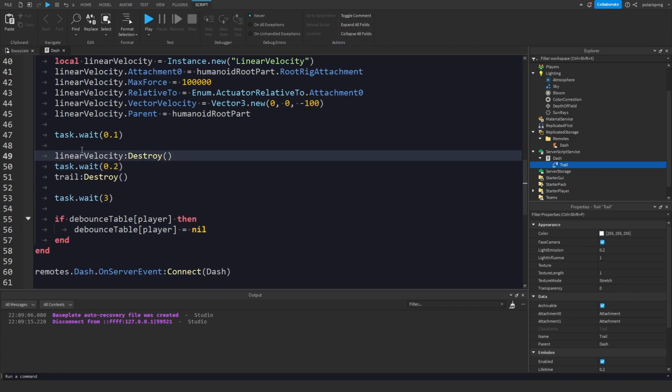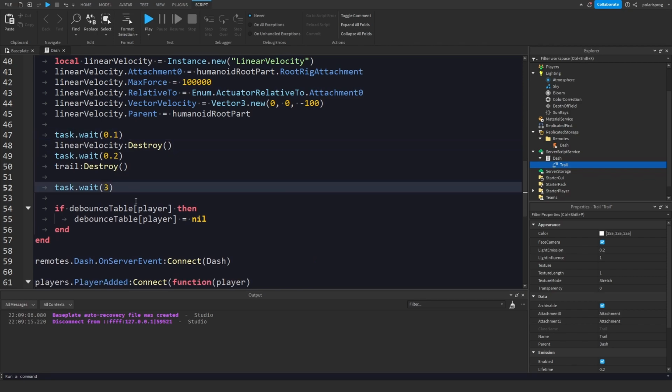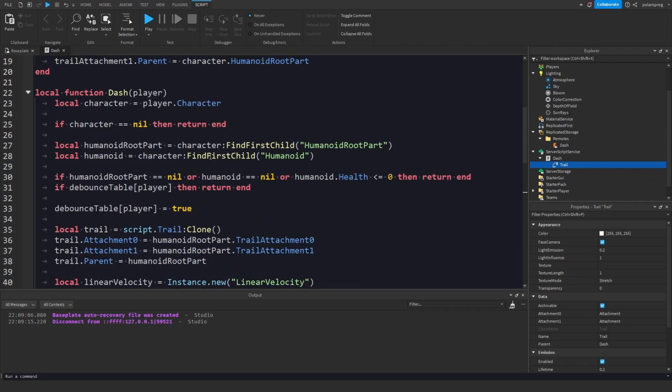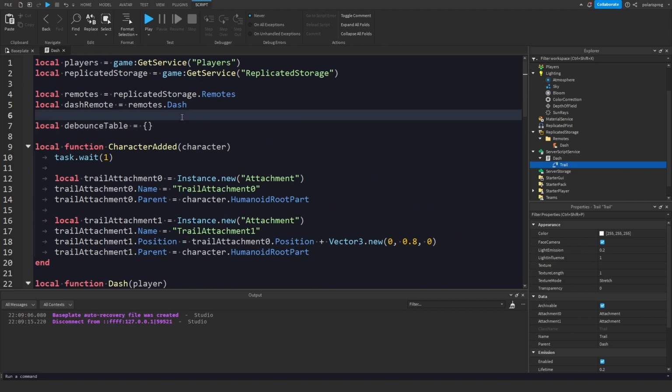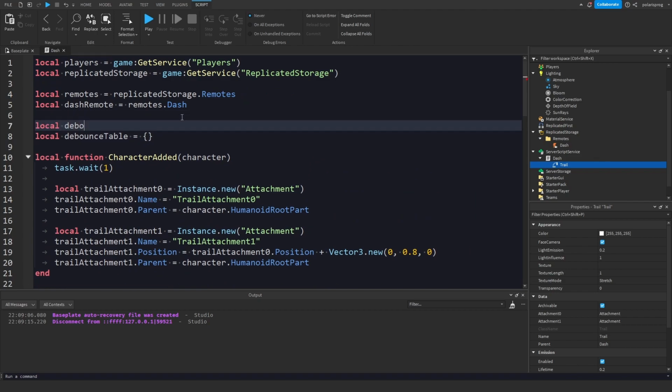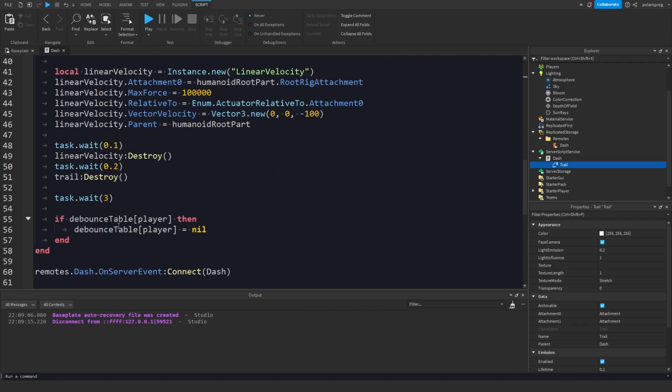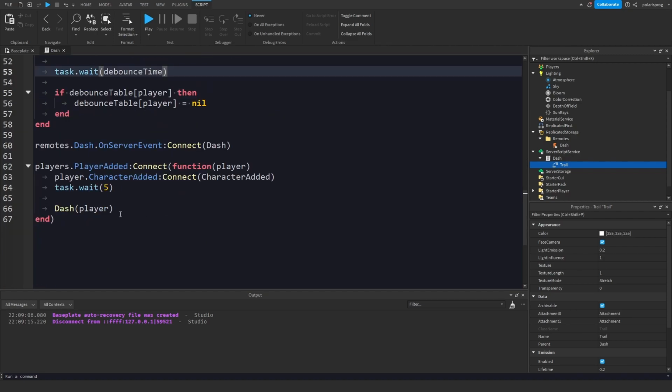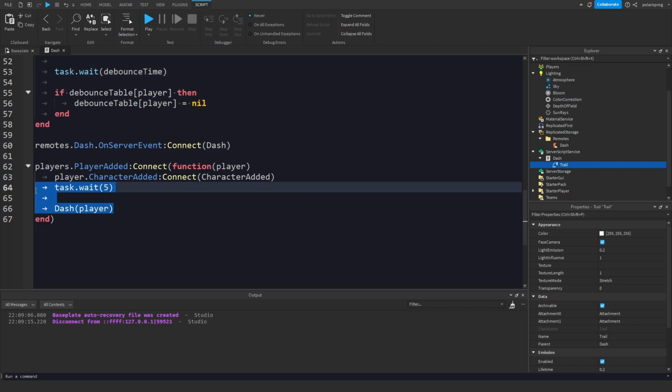I'm also going to just do this because I think it's going to look cleaner. And I could change this into a variable up here, so local debounce time, debounce length or time, and I'm just going to change it to 3. So 3 seconds, and in here I'm just going to type in debounce time, and that's pretty much all we need to do. So now we need to make it so that we can actually dash when we want to,